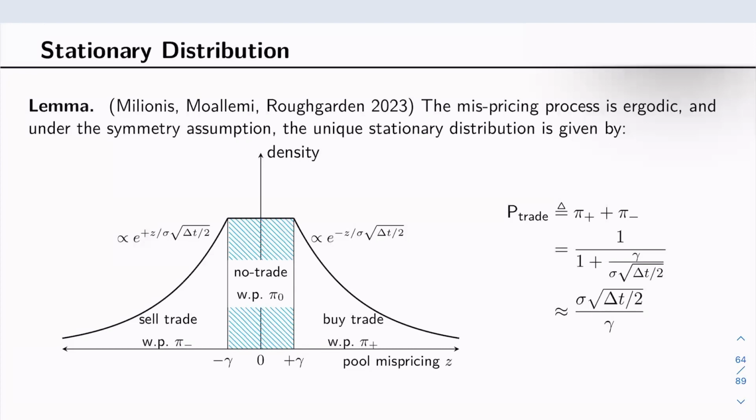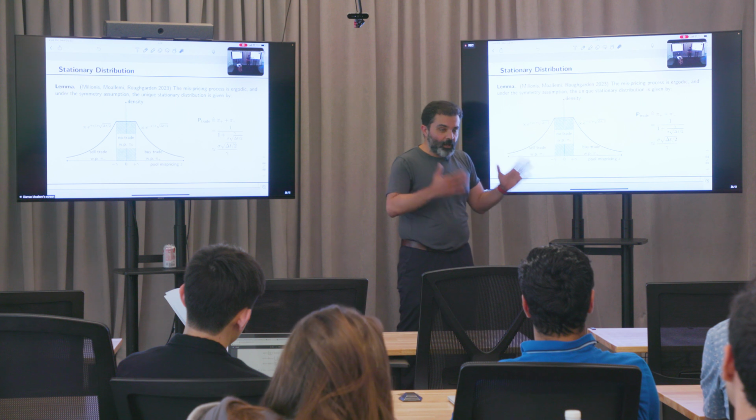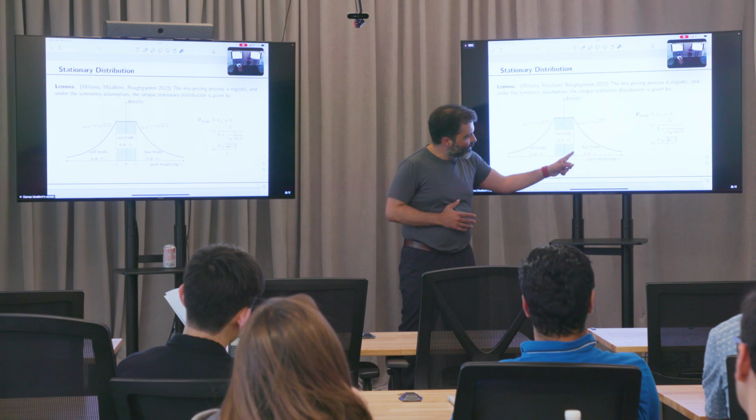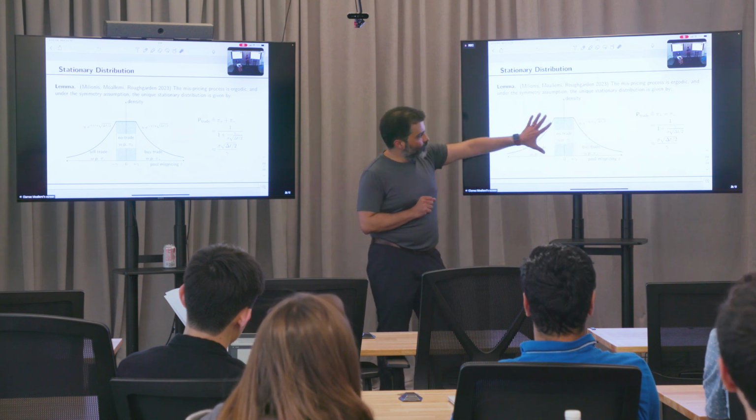Right? And if you think about this, it sort of makes sense. For those who are familiar with normal reflected Brownian motion, that's the way reflected Brownian motion works also. It has a uniform distribution in the interval it's being reflected. So that uniform part, based on that intuition, makes some sense. The fact that these are falling off exponentially, with rate sigma square root of delta t, also makes sense because after a block is generated, I'm always within this interval. And if I somehow end up outside this interval, probably I was close to the edge, and the amount I can move is roughly sigma square root of delta t over a delta t period.